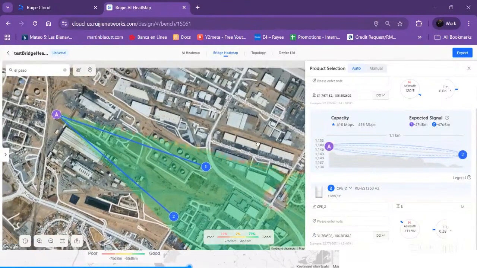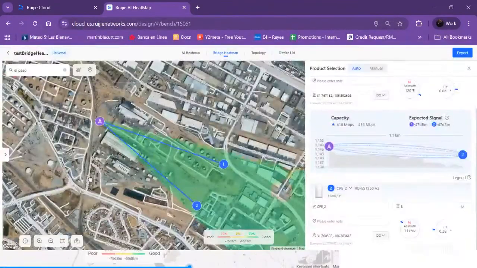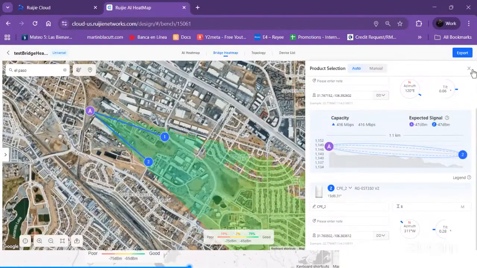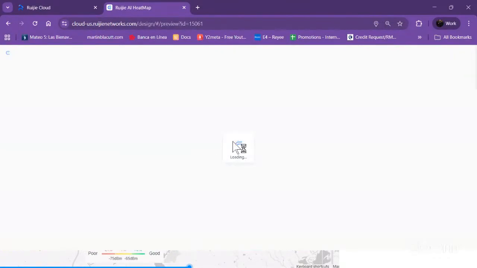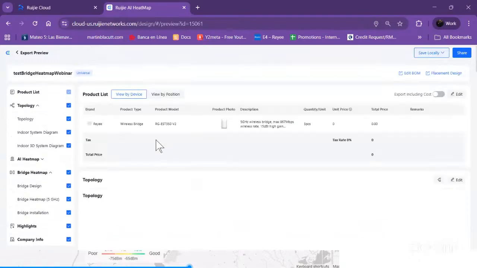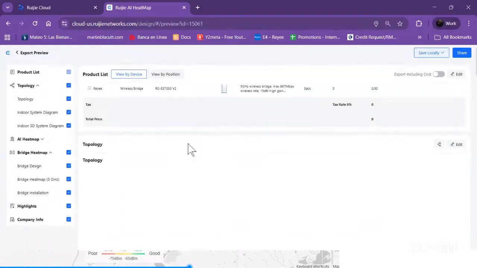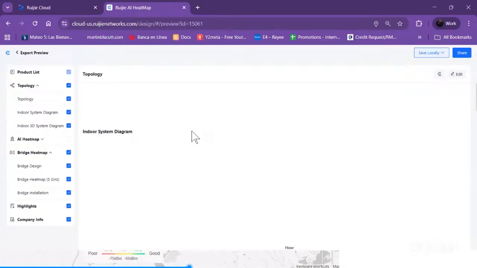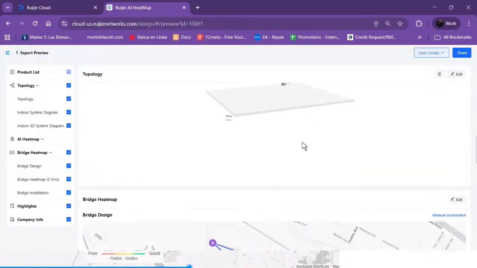So when we're ready with all of these parameters, we can export this by clicking here. If you look at the upper right part of the screen, we can see this button, the export button. So I'm going to click on this, and we can export it in PDF, Excel, or Word format. Here we can see the report. The report contains the product list, the topology, the indoor system diagram, the 3D system diagram, the bridge heat